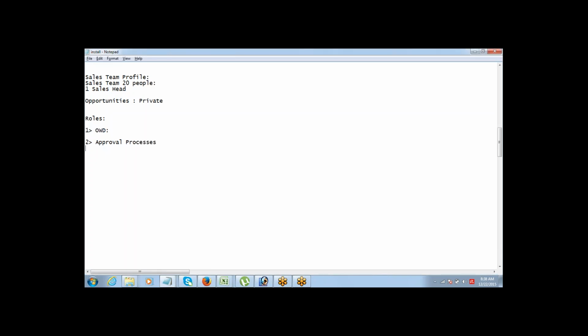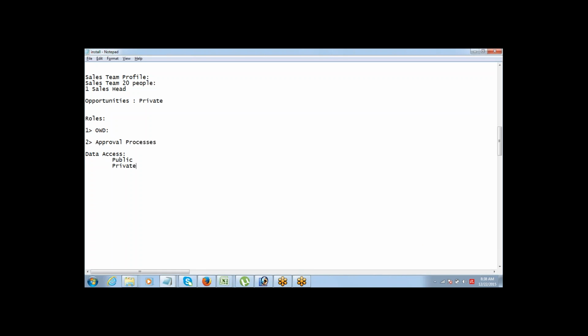Okay. So for data access, let's quickly understand things again. For data, you have the option of making the data for a certain object private or public. If it is public, then you don't have to worry. Everyone will get to see it. It's all open data.